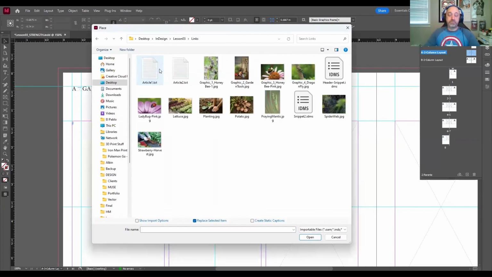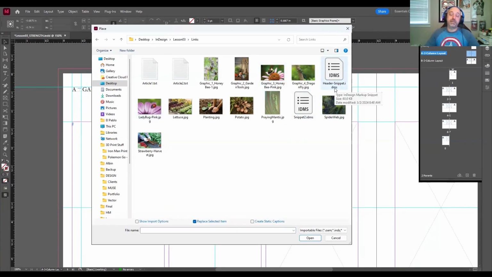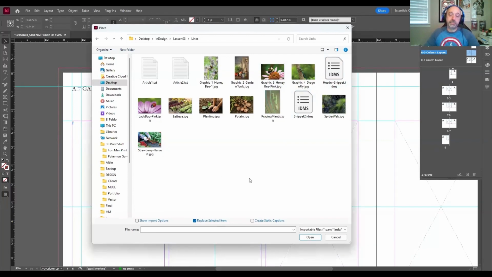You're going to see a bunch of images, a couple of InDesign looking files that say IDMS, and then we also have a couple of text files, Article 1 and 2. The first one, the IDMS, that's an InDesign markup snippet. It's called header-snippet. That's what we're going to choose. The snippet 2, that's at the end of the lesson. So inside the Lesson 3 folder, in the Links folder, you're going to select the header